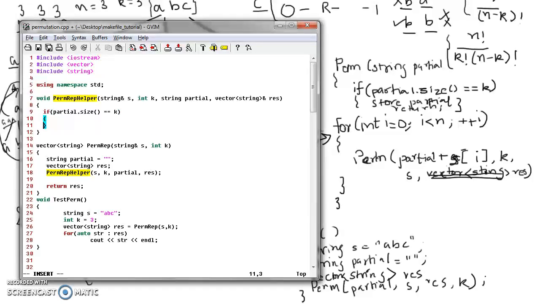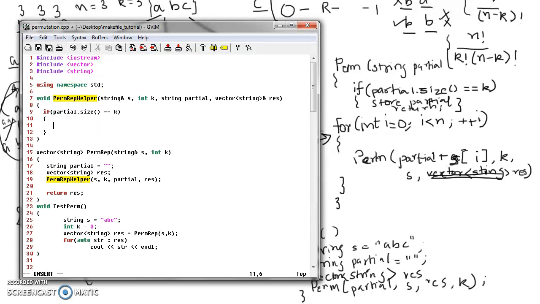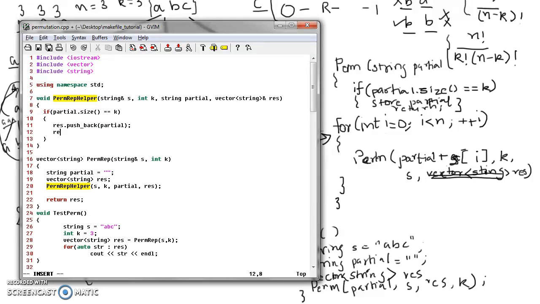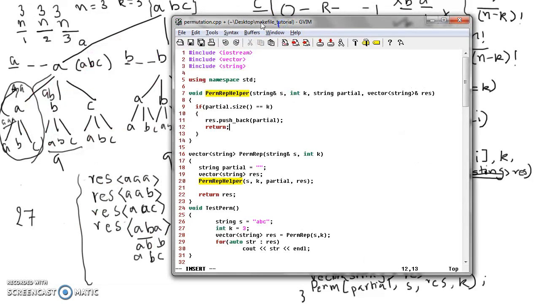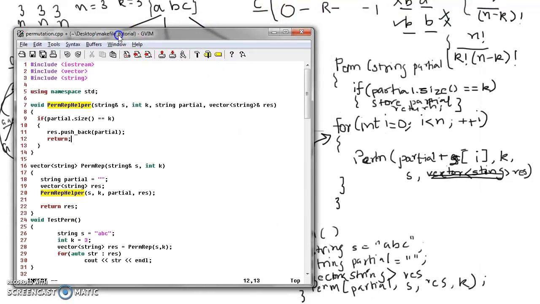So we are going to store that with result push_back partial, and then we want to return. So we'll be done with the branch, right? If you see that once we have collected this, and we've collected this, then this branch is done, right? This particular branch. Okay, so going back,